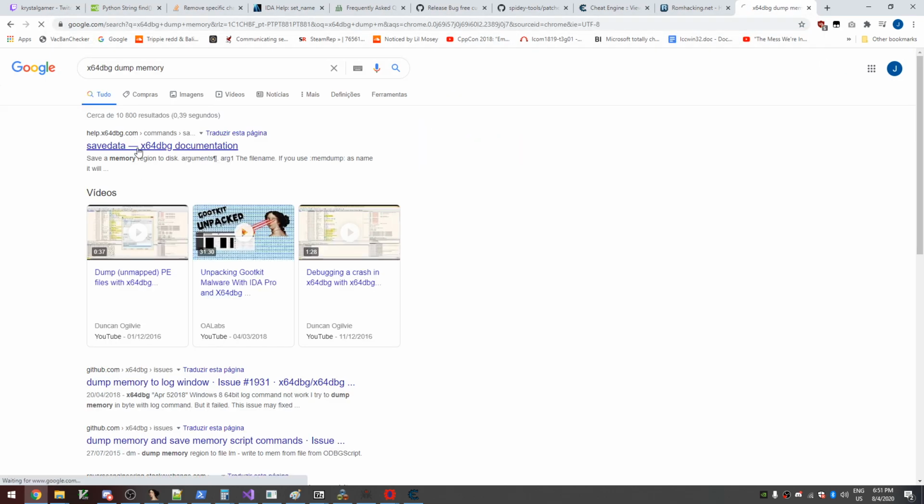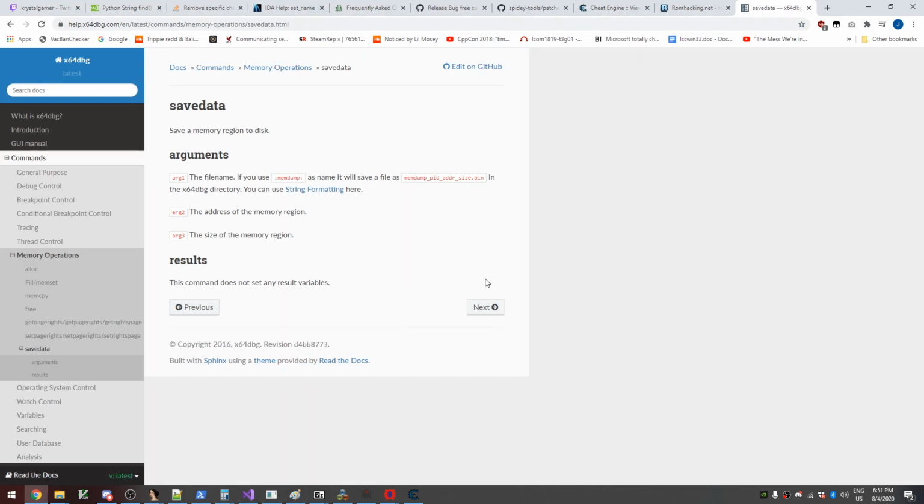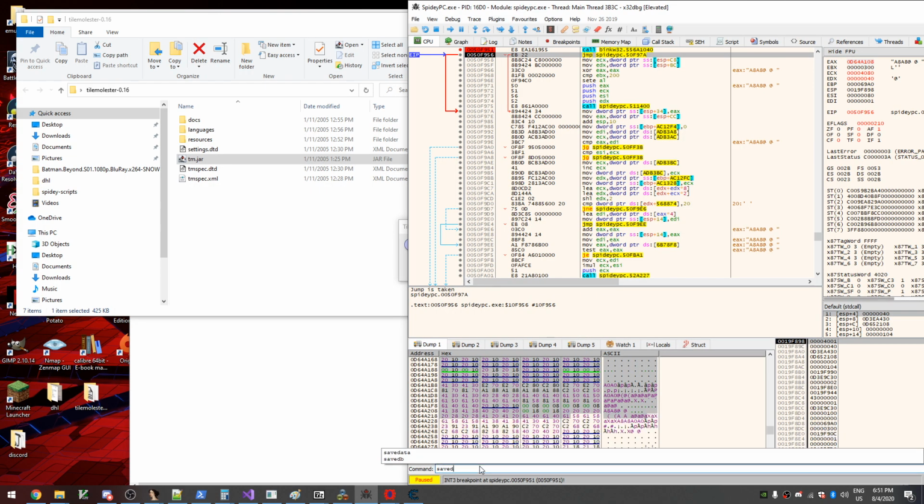I don't want to dump. So file name, the size, okay. I can use save data. I've never really done that. Save data. So C users crystal desktop dump.bin starts at this address and goes on for